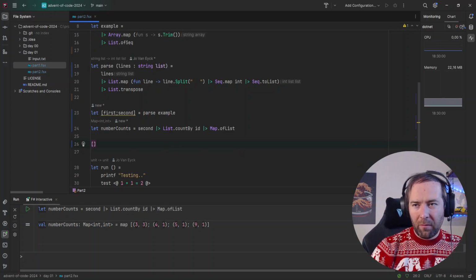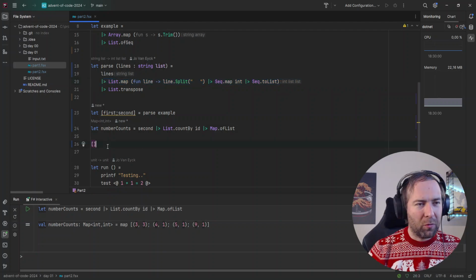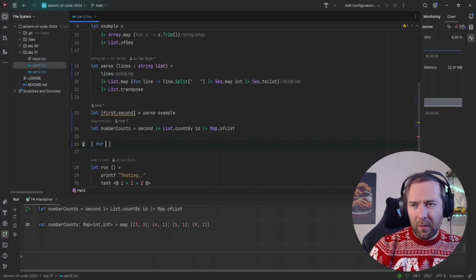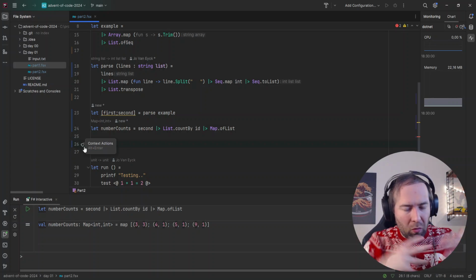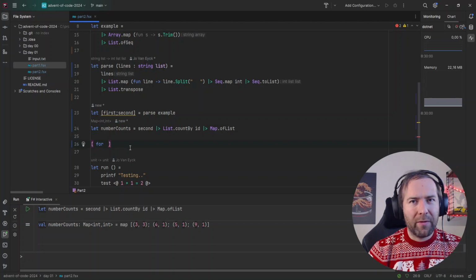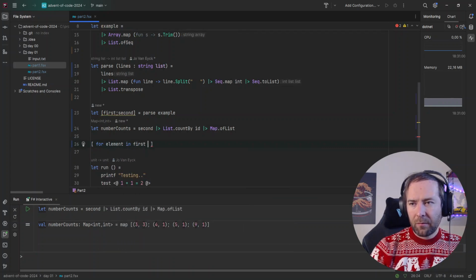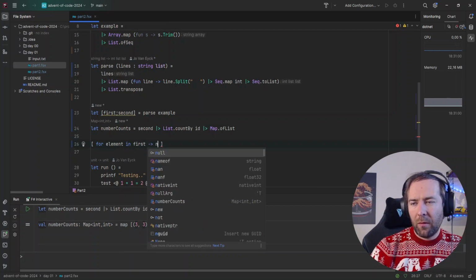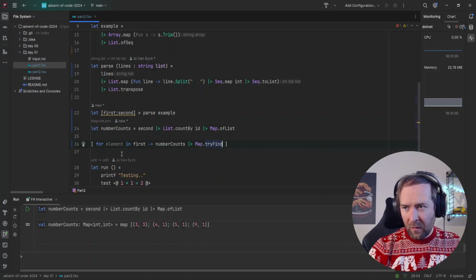So we can do that with a map as we did before, or we can do something spicy and different, called a for expression or a for comprehension. It looks kind of like a for loop in traditional languages, but instead of being a control flow thing, it's something that returns values. So it's similar, but not exactly the same. But let's go ahead. For every element in the first, we return the lookup of the number,